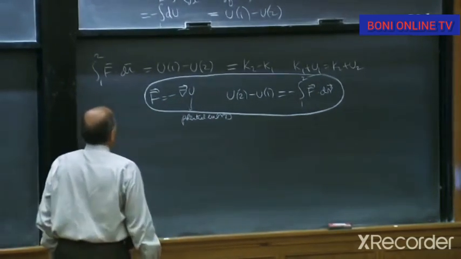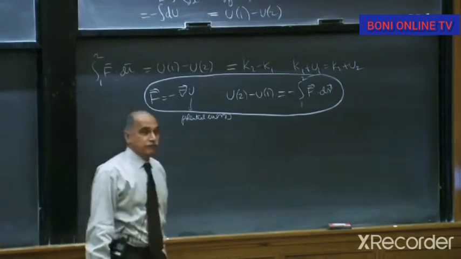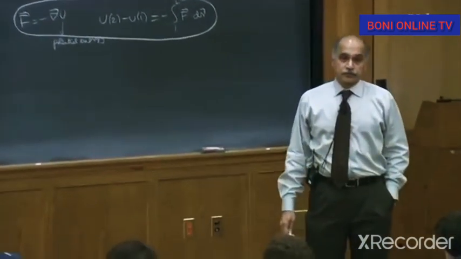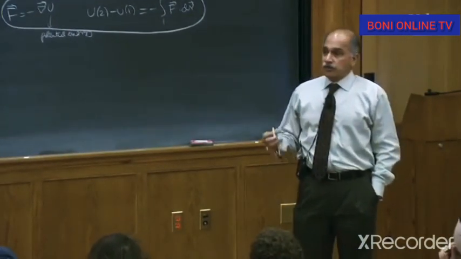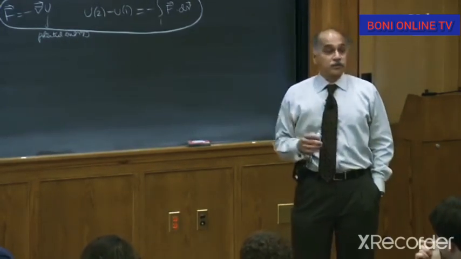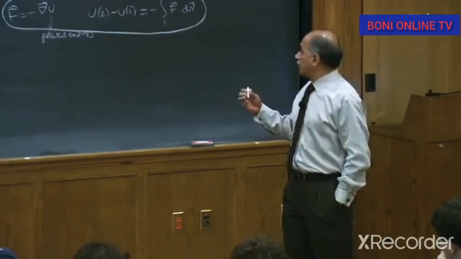So now we can ask the following question. Suppose I give you a force. I don't know if it's conservative or not. How are you going to find out? Now there are two options. One is you're so smart, you can look at the function and say, hey, this is the gradient of some other function u. If you do that, then you're done because it's a gradient of some function. We know it's conservative. But what if you can